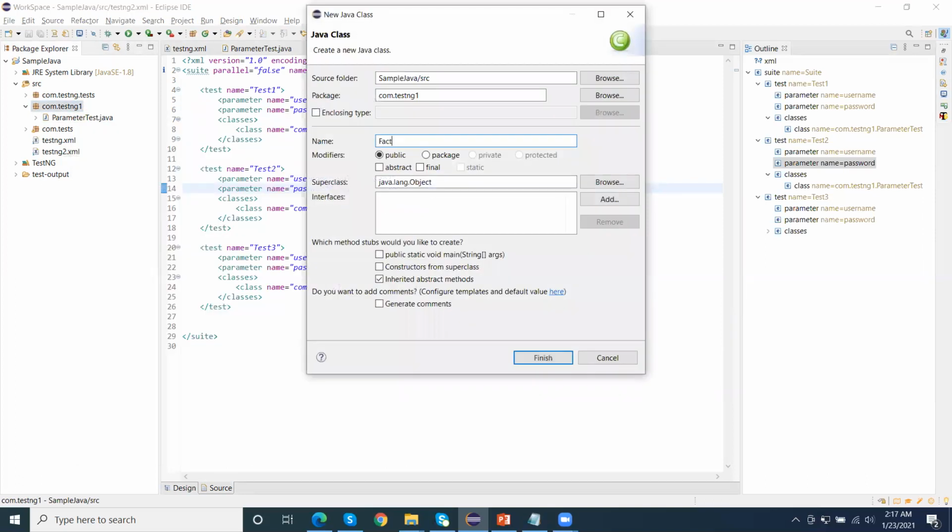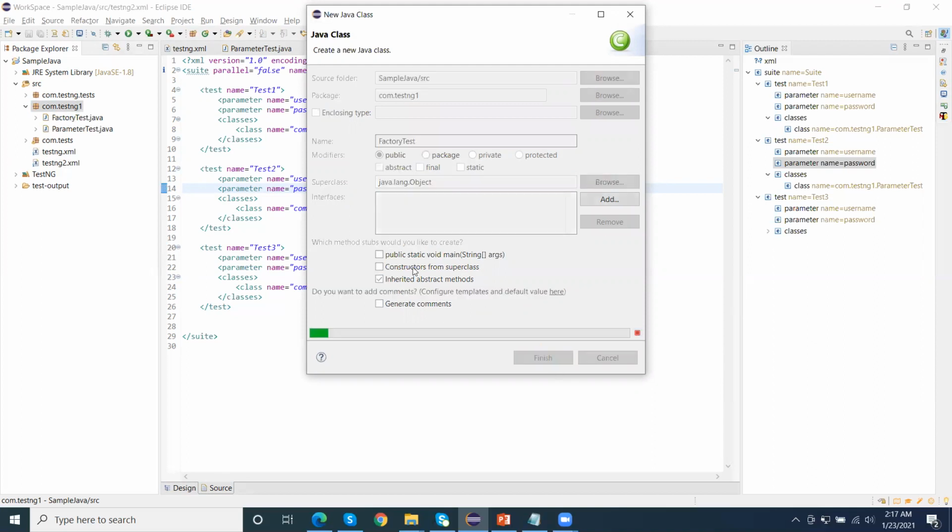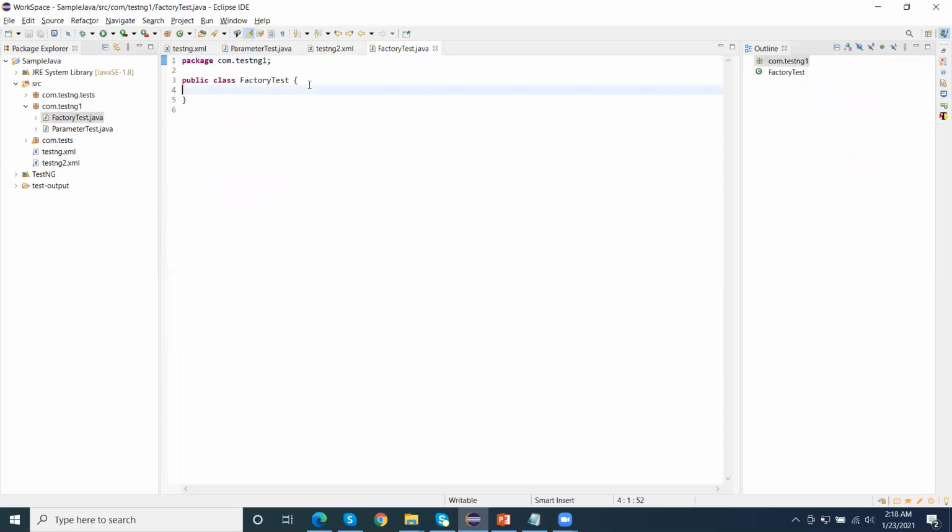I am going to create here one TestNG test, FactoryTest.